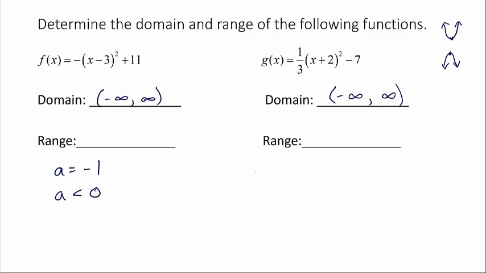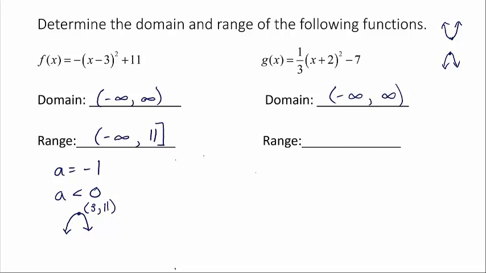When a is less than 0, we know that the parabola opens down because the graph of x squared has been reflected in the x-axis. So all of the y values become negative before it's shifted all around left and right and whatnot. So if the value of a is negative, we know that the parabola opens down and we have a maximum y value. Well, what is this vertex point? Do we know what it is? Well, it's (3, 11), right? Since this is in vertex form, we've learned that. So if the maximum value is 11, then the range will be negative infinity to 11, and I'm including 11,